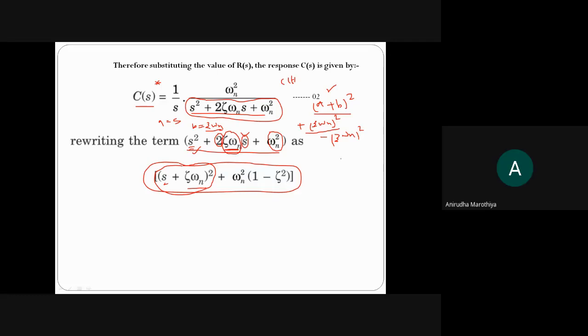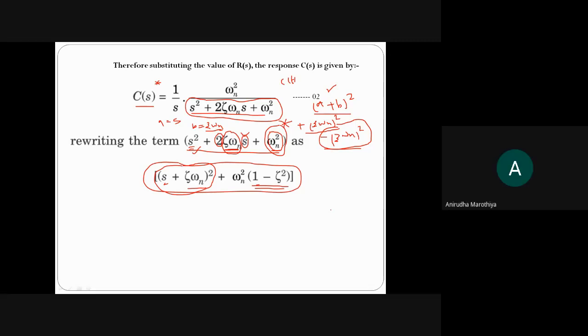Yes, sir. Now see here, what additional term did we add? We added plus (zeta omega n) square, which will convert this particular term into a perfect square. Now what is the remaining term? Minus (zeta omega n) square remains. At the same time, we have this omega n square as a term. Now if you take omega n square common from this particular term and this particular expression, then here 1 will remain. Then here we have minus zeta square. So this you will get as an output. Are you getting my point?